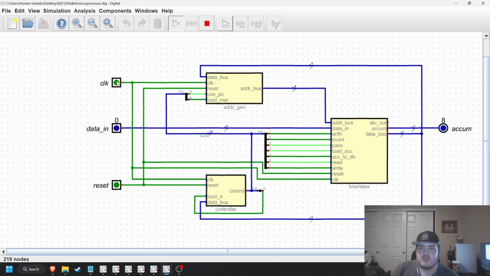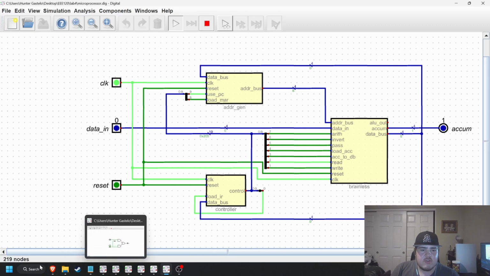And for that, I chose 3 to load into the accumulator, and we see it right here. It's going to check the AND bitwise function of 3 and 5, which checks this to 1. And unfortunately, I wasn't able to get the other functions in here, but I do have the